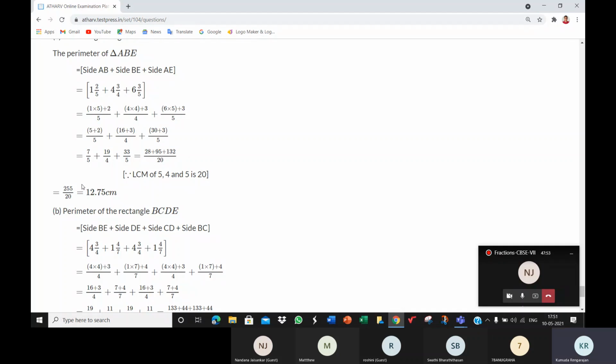All right, and that gives us 255 by 20. You can reduce it in the tables of 5. That's the next step. Now, I told you, you must sit in the class with a book, children, with your tuition notebook or a rough book and a pen. Now reduce 255 by 20. All of you reduce this and tell me the simplest form.